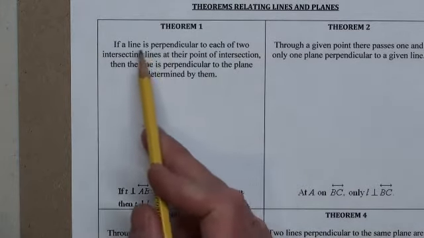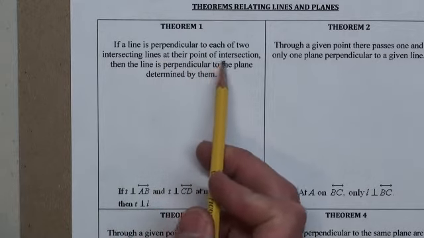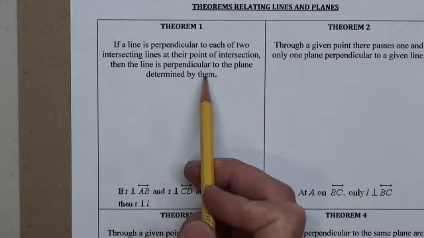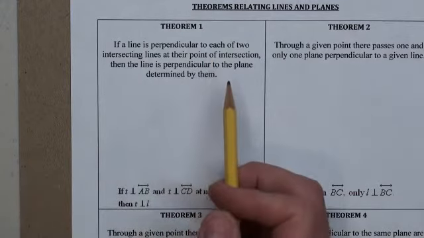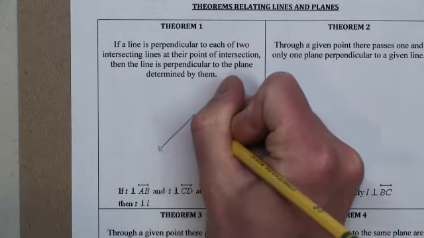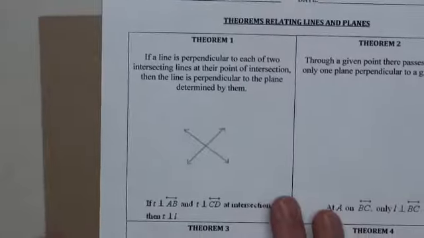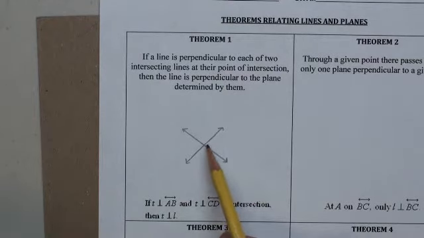If a line is perpendicular to each of two intersecting lines at their point of intersection, then the line is perpendicular to the plane determined by them. When it says by them, it's referring to the two intersecting lines at their point of intersection. So, let's say we have one line going this way, and we have another line going this way. Those are two intersecting lines and they have a point of intersection,